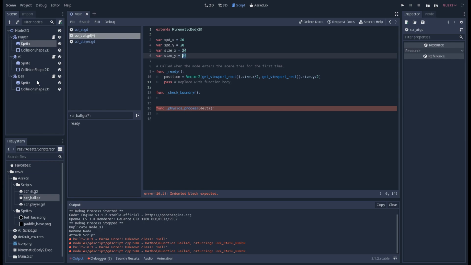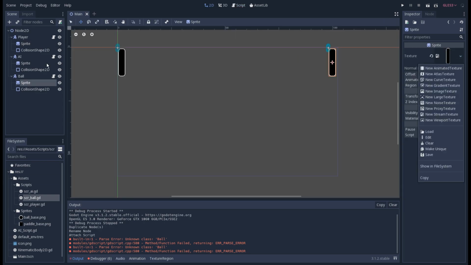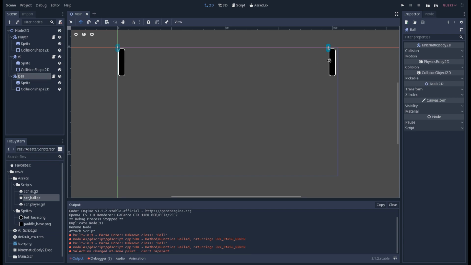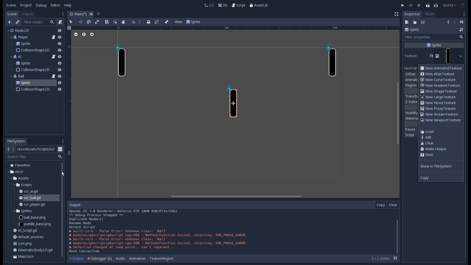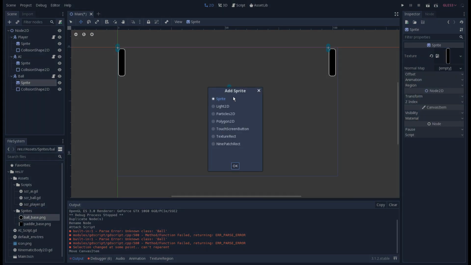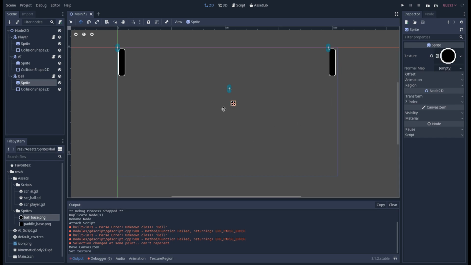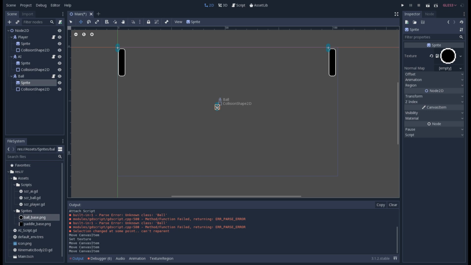Like if you were to import another script into the ball, then you would want to make it so that every time you changed the image of the ball, I don't want to add a sprite, I just want to attach it. Every time you change the image of the ball here, it would make it that